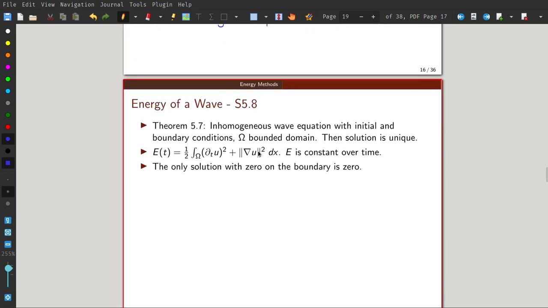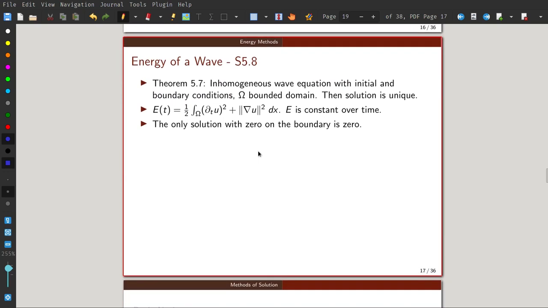Okay, so let's then look at the energy for a wave, because this is something that's necessary to get a result we wouldn't have otherwise. So this is theorem 5.7, showing the solution for a bounded domain with initial and boundary conditions for the wave equation has a unique solution. And in this case, the energy functional,